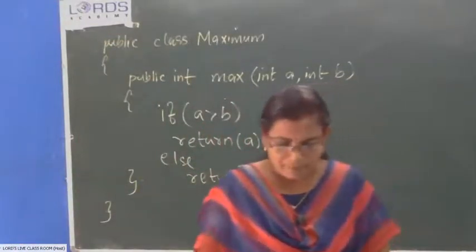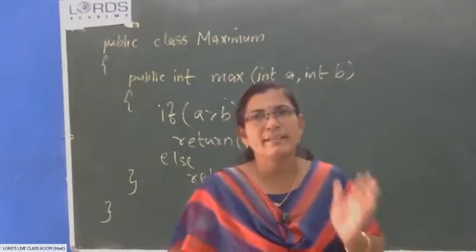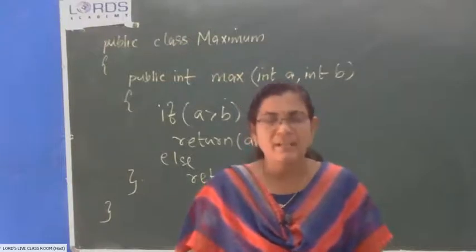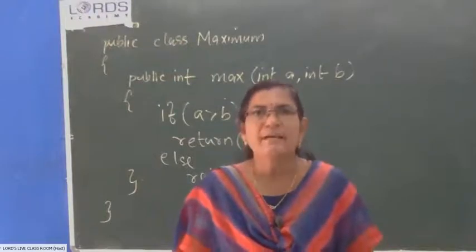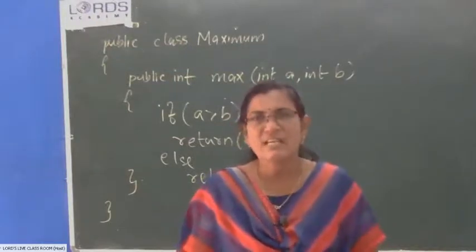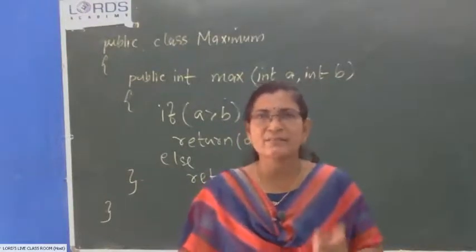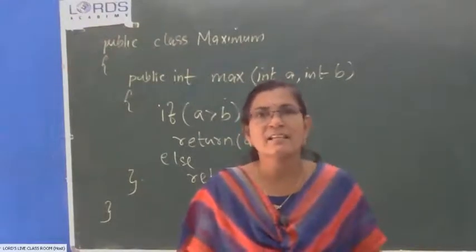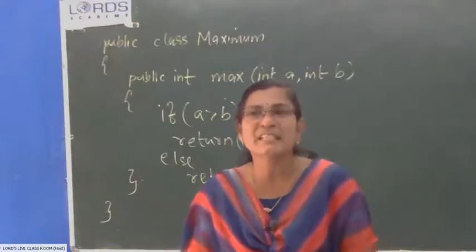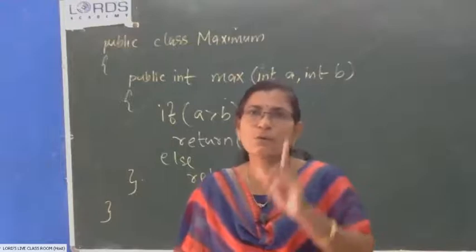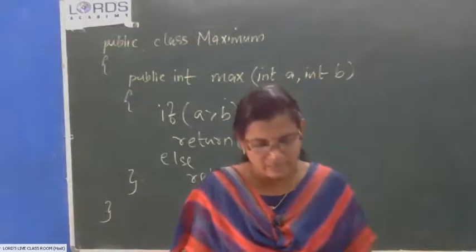Public class Discount. Before that, let me read the text. So what do you understand from this? In a program, in a function, you can give any number of return statements by using conditional constructs. Okay, which are the conditional constructs? Simple if structure is there, if else structure is there, if else if structure is there. These are the conditional constructs, isn't it? By using conditional constructs, you can give any number of return statements, but only one will be executed. Based on the condition evaluated, only one return command will be executed.